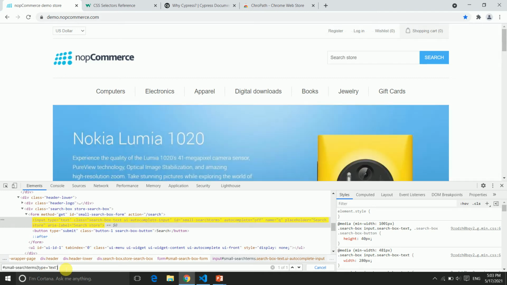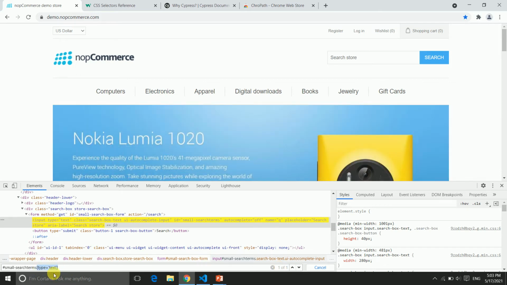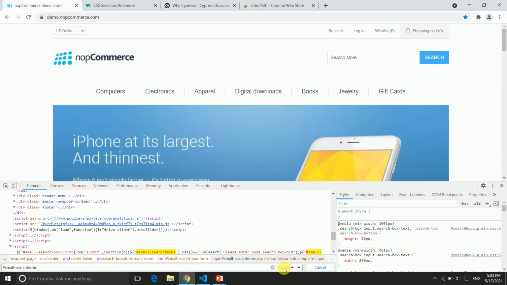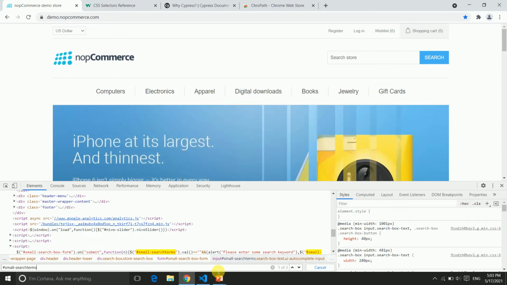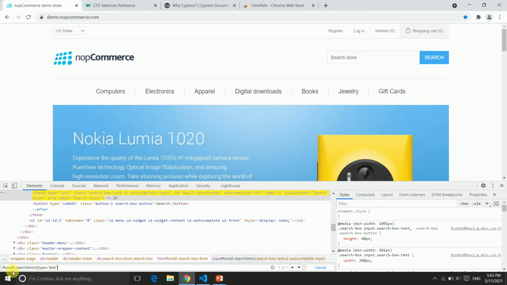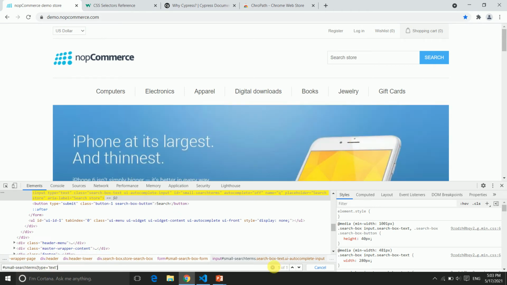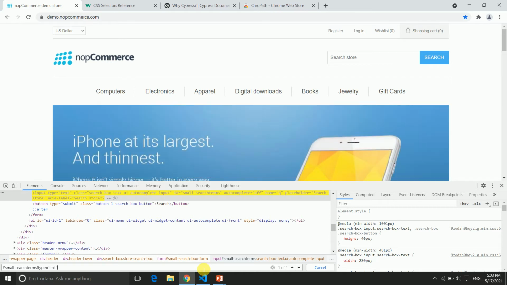So you can see now I got the one of one matching node. Suppose if I delete this attribute, so there is 1 out of 3. That means I have got the multiple path, but I need the perfect matching node. So for that I am using the attribute along with this ID, and I am getting this one matching node. So this is how you can use your ID or class along with your attribute.